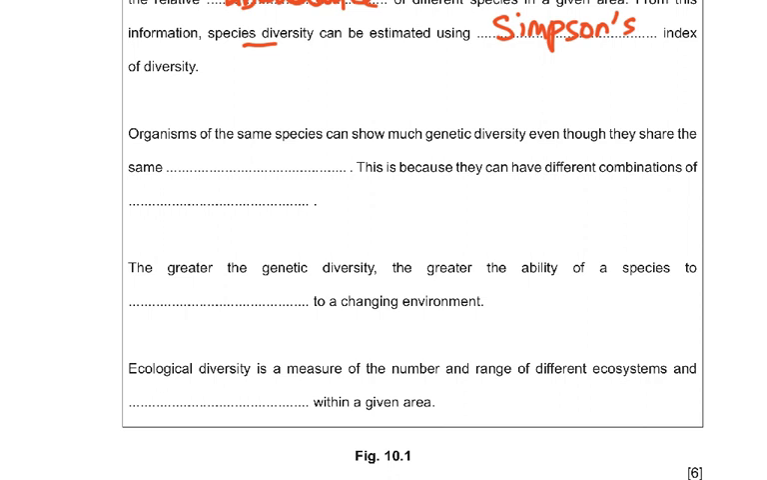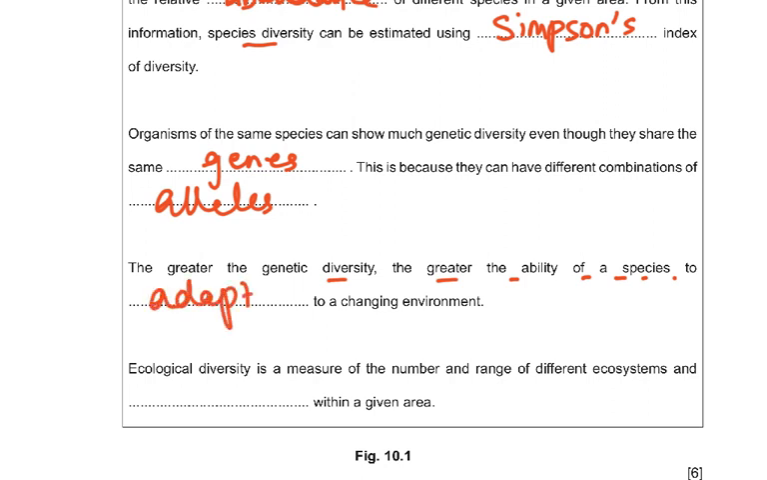Then organisms of the same species can show much genetic diversity even though they share the same genes, or you could have said characteristic traits. This is because they can have different combinations of alleles. The greater the genetic diversity, the greater the ability of a species to adapt to a changing environment, or evolve. Ecological diversity is a measure of the number and range of different ecosystems and habitats